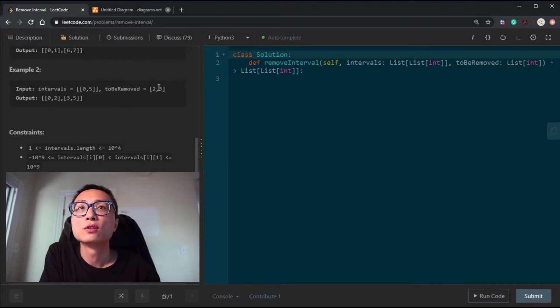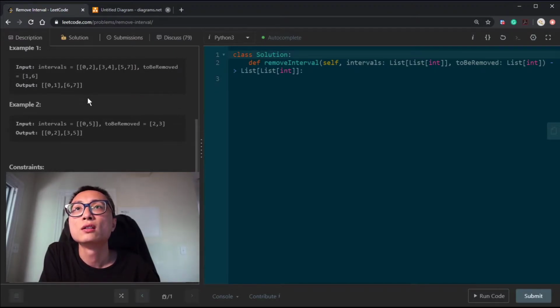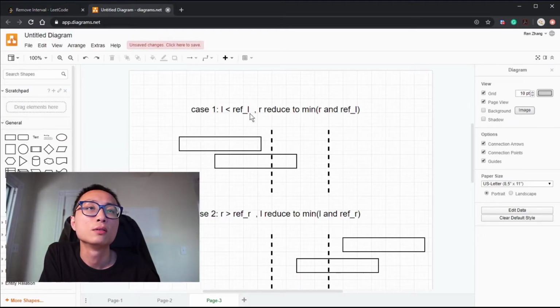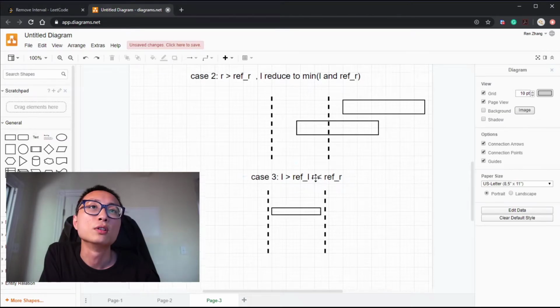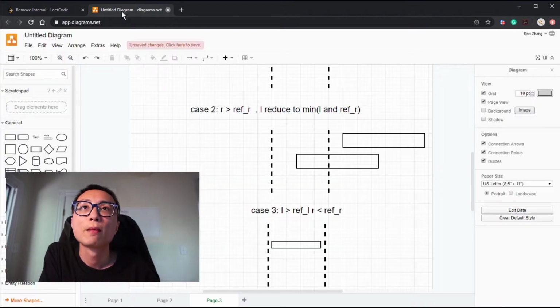Looking at the second example, we have 0, 5, and that's the only interval on the list. The reference interval is 2, 3. We notice that since our interval is longer and actually covers the reference interval, we have to split the interval into two halves, 0, 2 and 3, 5. So it may appear that we have four kinds of scenarios we need to handle, but